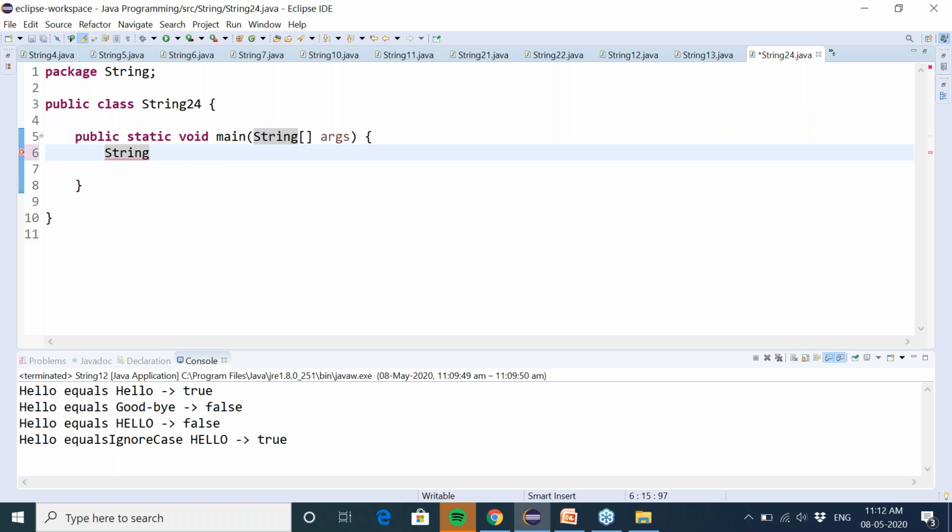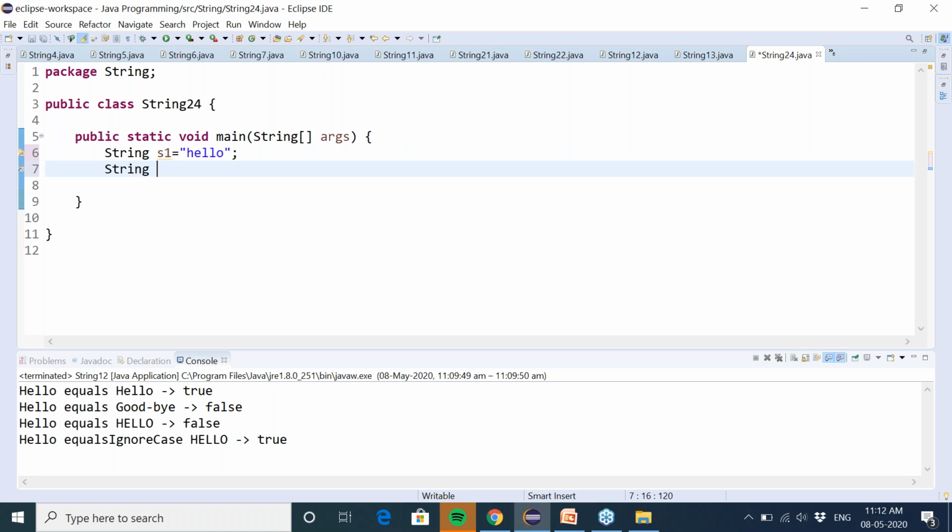If I, let's say, print System.out.println s1 equal s2, what should be the result? You guess the result and give your answer in the chat window, and then we will discuss it.